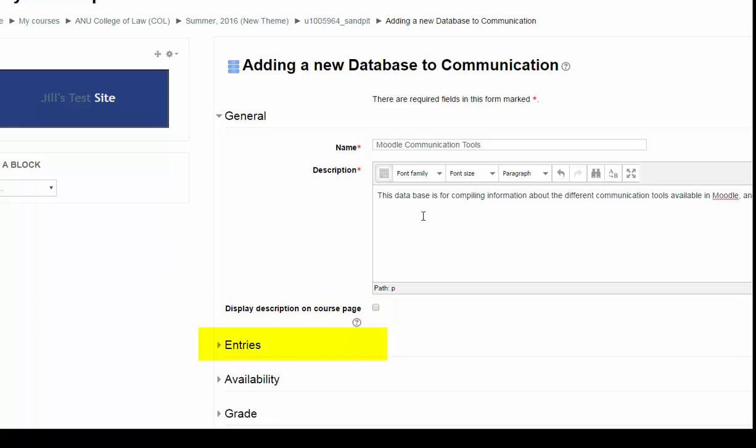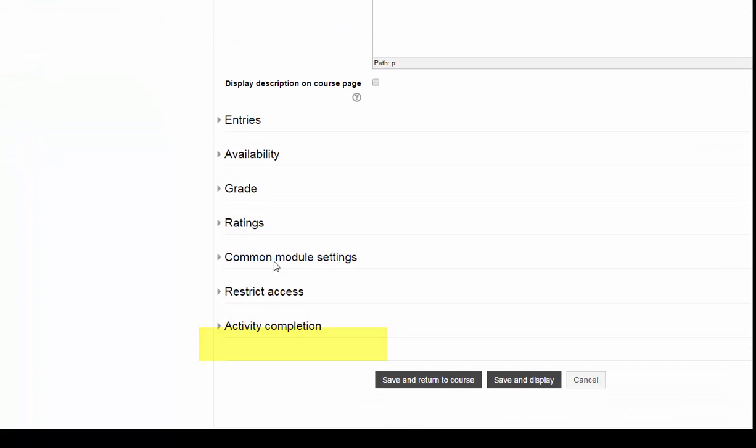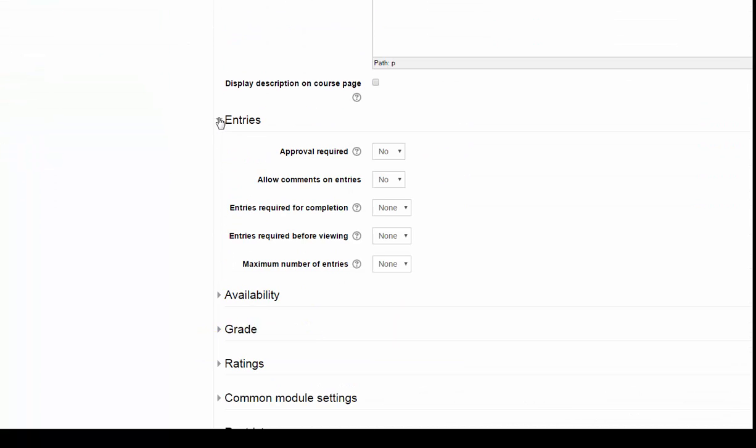Under Entries, you have options as follow. You can set it to Approval Required if you wish to check what the student will be adding before they add to the database, or you can leave it open for them to add without approval. You can allow comments on entries or not. I'm going to allow comments as I wish this to be a collaborative effort where students learn from each other